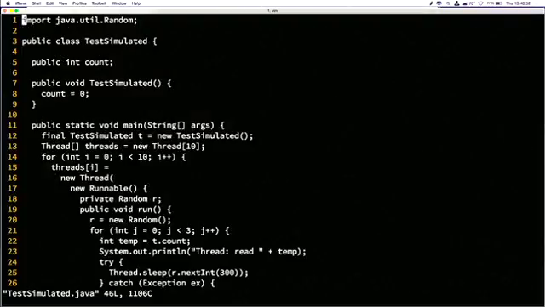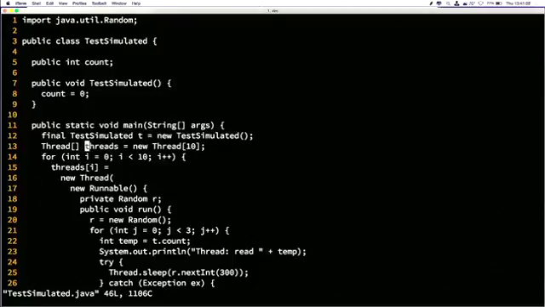And what this program does, this is a Java program. We have our public int count. That variable right here is the thing that our threads are going to be sharing. Count starts out with the value 0. And then what this code does at a very high level, and I'll release this code so you can take a look at it,